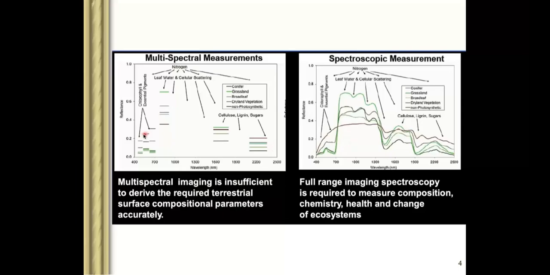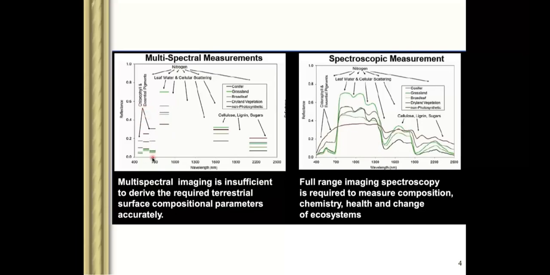In between this band, if you want some information, it is not available in multispectral because it is averaging the values. But if you see here, in between that straight line, we are also getting several bands. So it is not a straight line in the case of hyperspectral because it is giving some information at each and every wavelength. It is not averaging those values. It is giving information at every nanometer that we are not getting in multispectral measurements. So here we are getting more information.